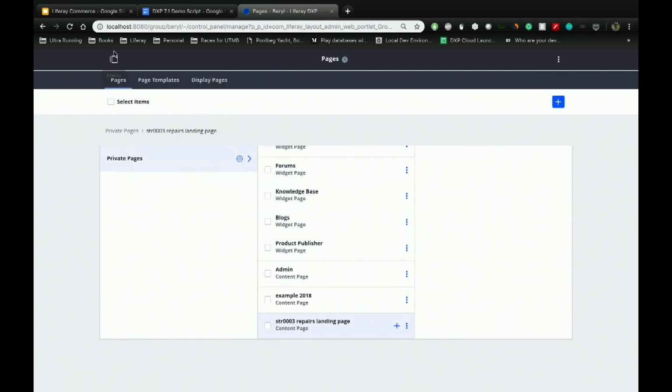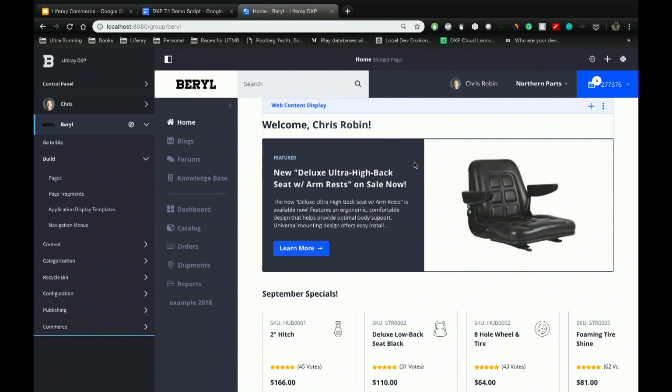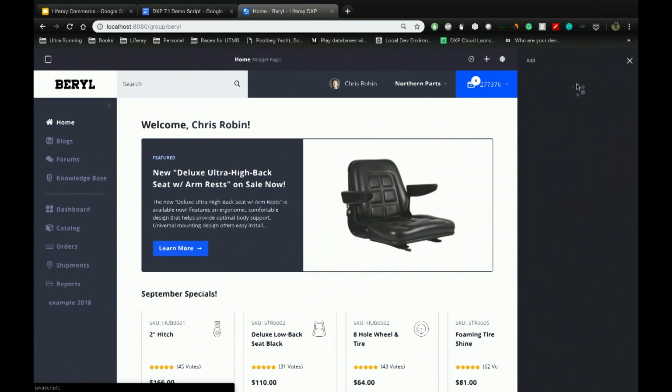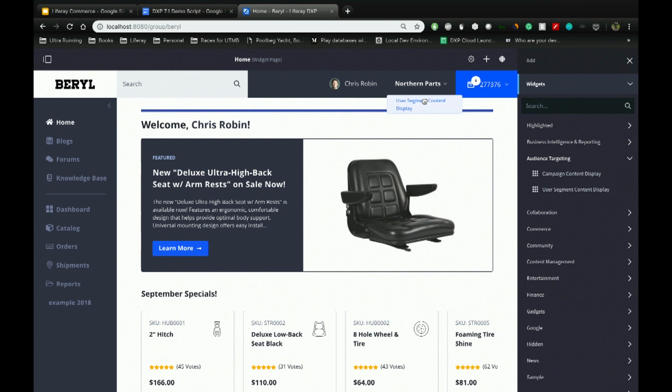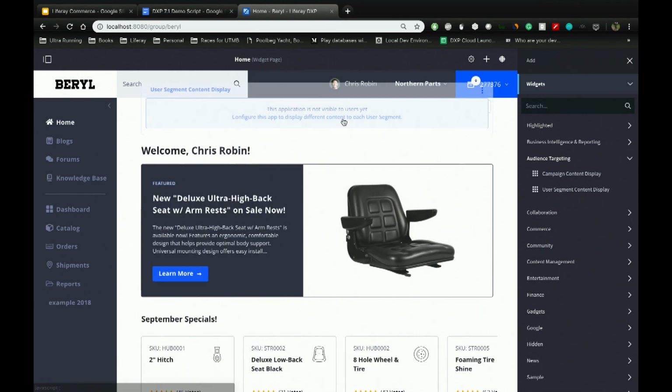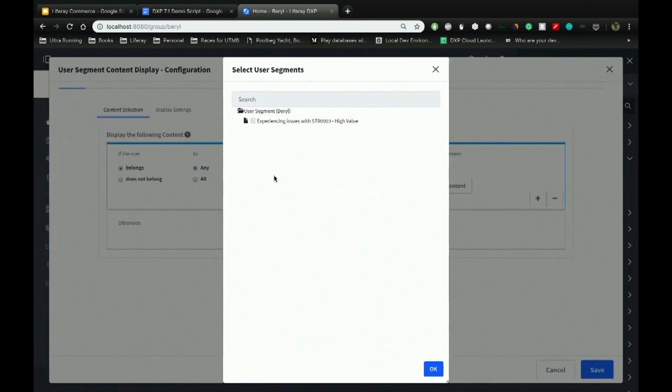Okay, so I'm just going to the website. Again, I have all the privileges on the website, so I can do pretty much everything. I will add here an audience targeting, a user segment right on top, okay? And what I will do, again, I'm completely on DXP 7.1. I'm using just 7.1 capabilities. I will say, okay, if the user belongs to this segment, and I had created this segment previously,